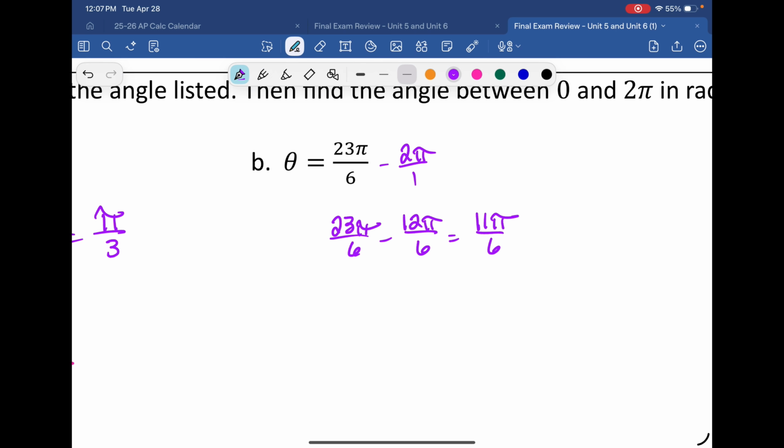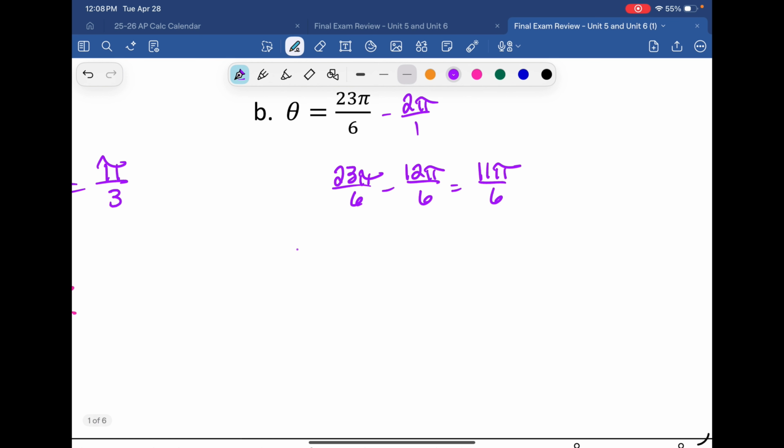Okay, that's 11 pi over 6. So it's not quite big enough to do one more full rotation, which means I've got my coterminal angle. And if we imagine where this graph ends,